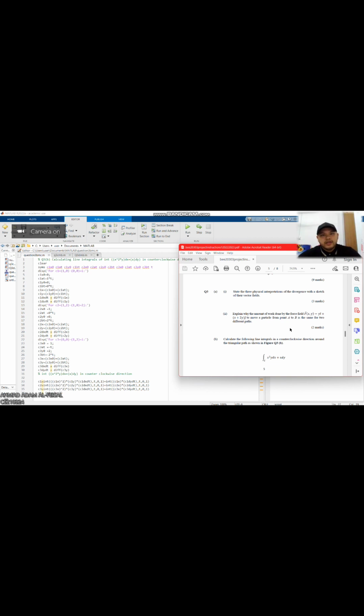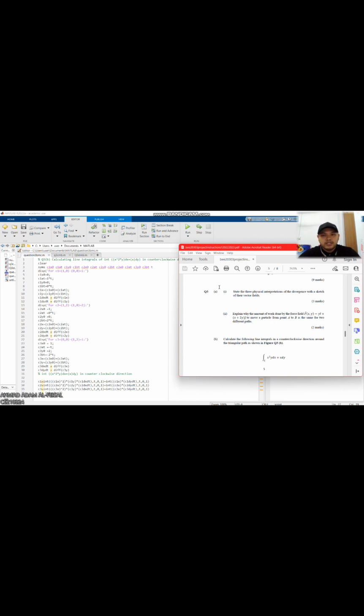Assalamualaikum and salam sejahtera. My name is Ahmad Adam Alfisa, matrix number CE210224. I am from section 3, group 1. Today I'll be presenting question 3 using MATLAB. MATLAB is a proprietary multi-paradigm programming language and numeric computing environment developed by MathWorks. MATLAB allows matrix manipulation, plotting of functions and data, implementation of algorithms, creation of user interfaces, and interfacing with programs